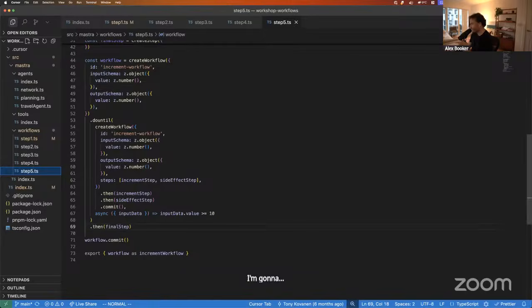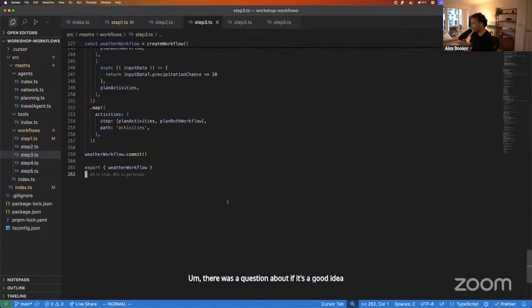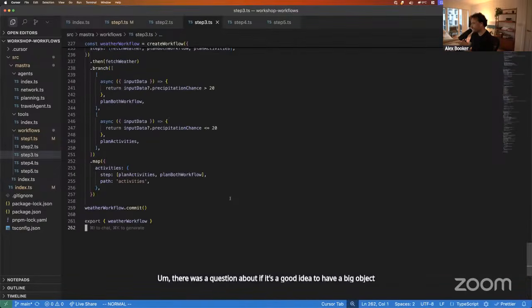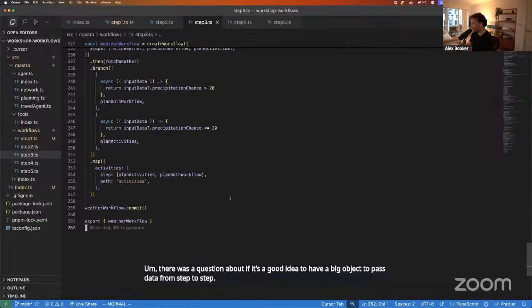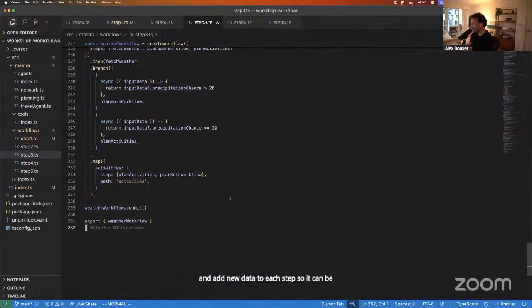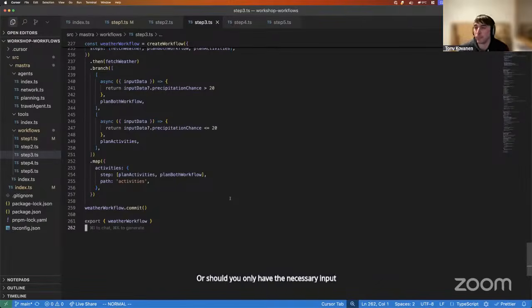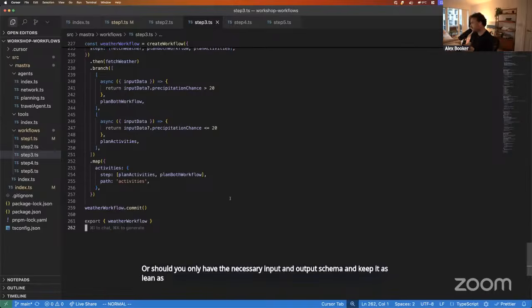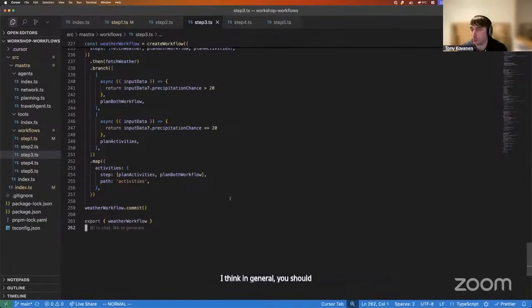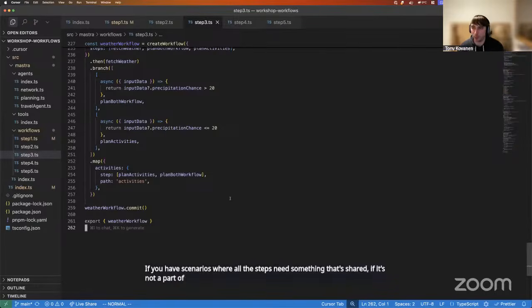There was a question about if it's a good idea to have a big object to pass data from step to step and add new data to each step so it can be used in all steps. I think they're basically describing aggregating an object. Or should you only have the necessary input and output schema and keep it as lean as possible? I think in general, you should try and keep it as lean as possible. If you have scenarios where all the steps need something that's shared, if it's not a part of that initial input of workflows,